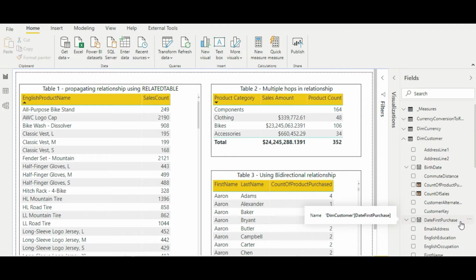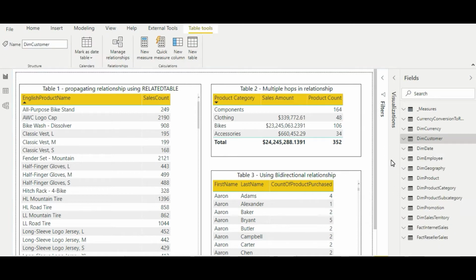As I mentioned at the start, we will be discussing the row context and how the row context can be propagated from one table to another. Till now we have seen the use case where row context is used in the same table. Now, how do we propagate the row context to another table which is directly connected to one table, or connected using multiple hops? We'll see that in this demo. So let me start. In this demo we'll mainly be using calculated columns in order to demonstrate the behavior of row context when propagated through various relationships.